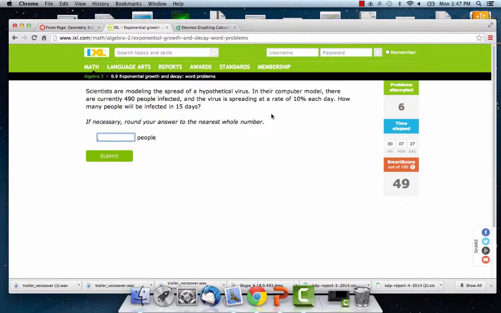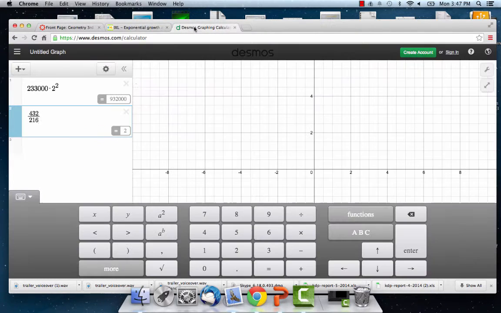If it's a reduction, then it's 1 minus it, because we have 100% plus another 10%. So altogether, we've got 490 people,